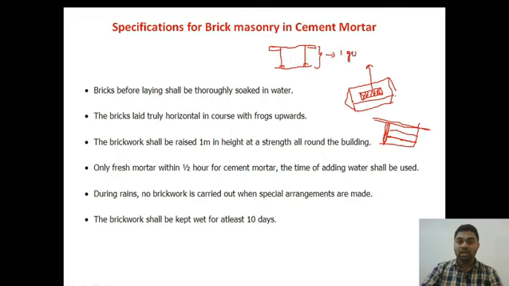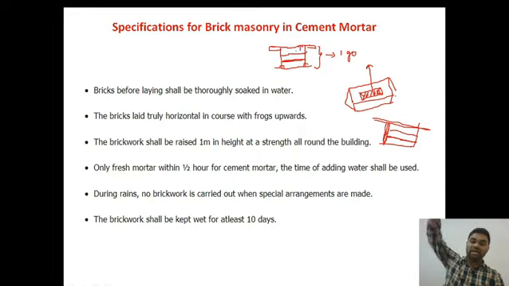First we need to lay bricks for a height of 1 meter. We should allow this to dry or leave it for 1 day, and then go for the next 1 meter, and then touch the roof level. We cannot construct a total of 10 or 12 feet of wall in one go. We have to complete 1 meter first, leave it for some time, then again lay for 1 meter, and then again lay till the complete height.